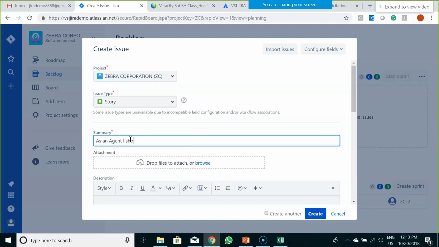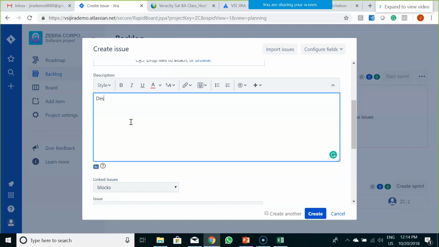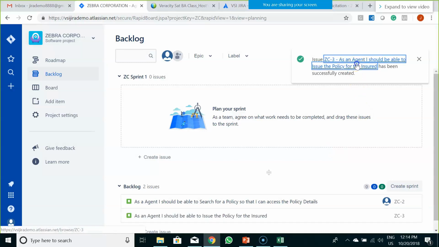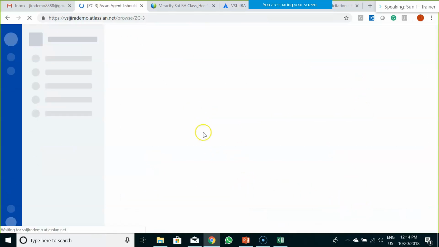As an agent, I should be able to issue the policy for the insured. Description, I'll write the same thing. Right, same thing. This user story is now created.